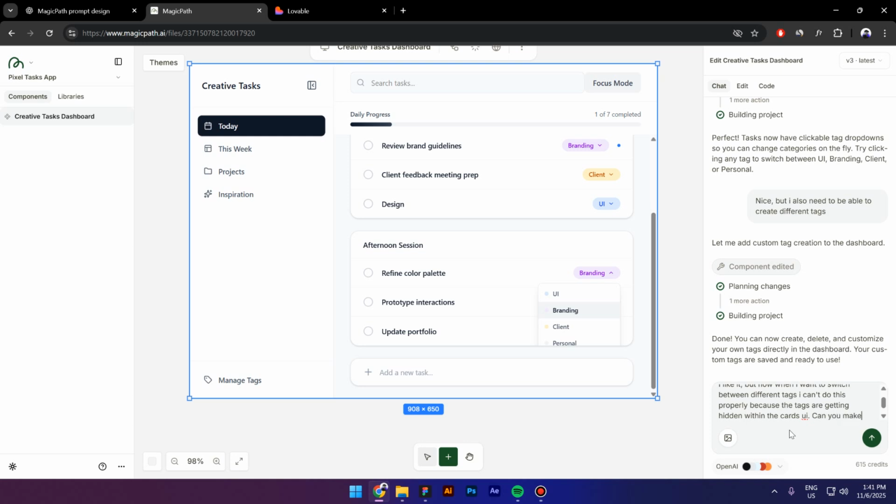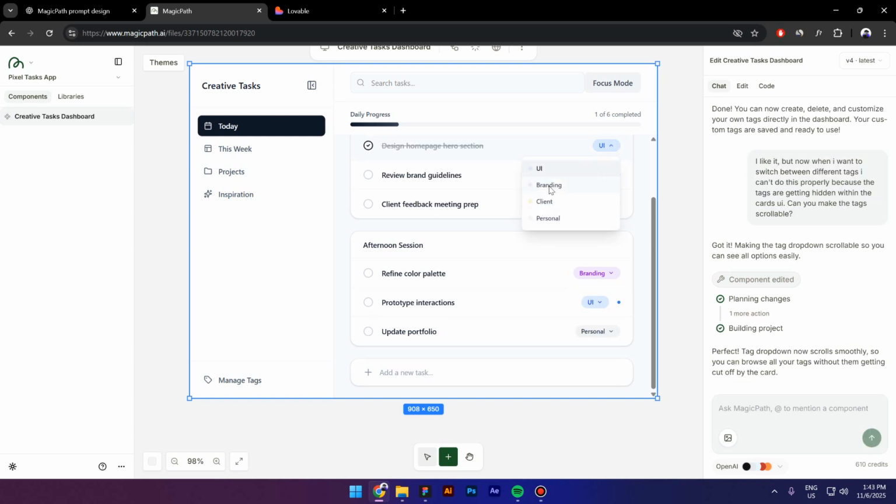Can you make tags scrollable? Okay, so now as you can see, the pop-ups are actually on top of the UI cards and not